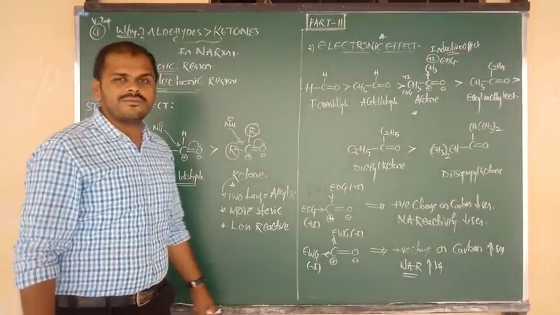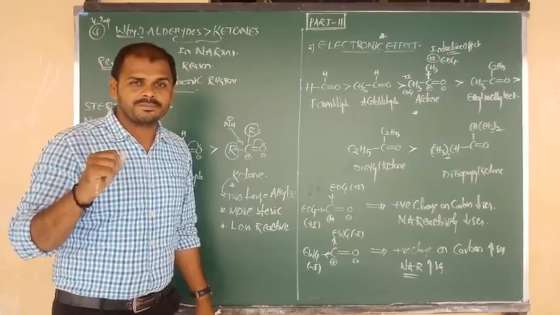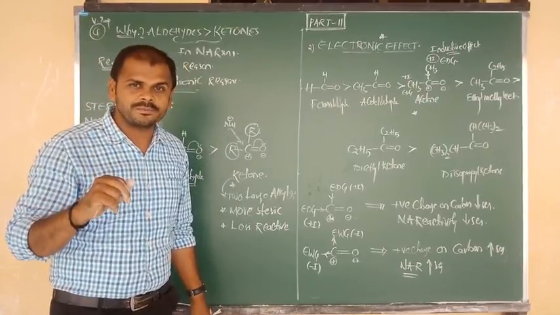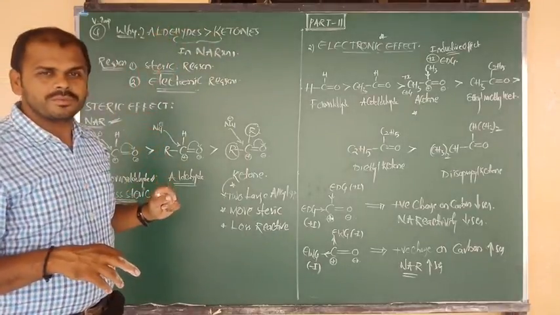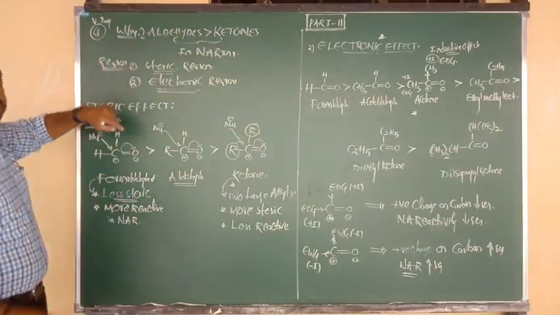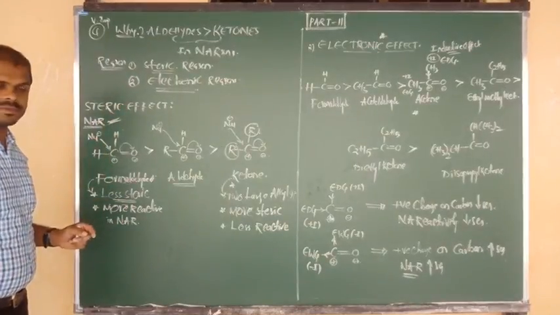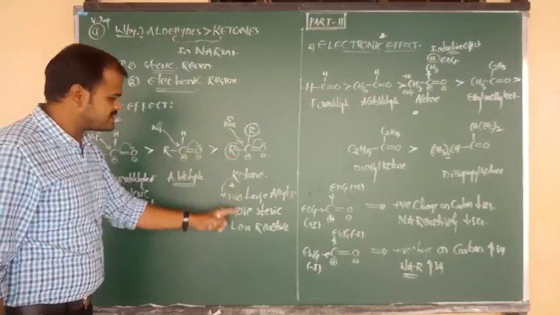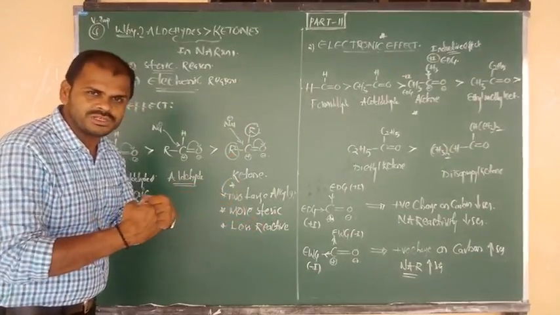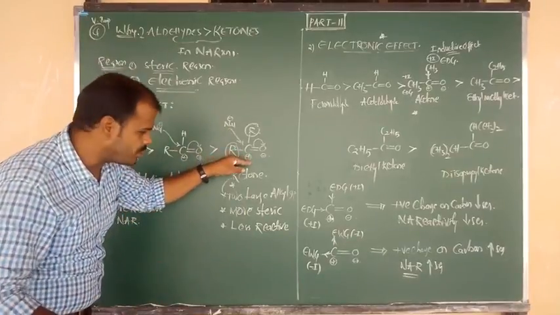So in this class today we have discussed only about what? One is mechanism, slow step, fast step concept. And one more is that as compared to ketone, aldehydes are more reactive. Why are aldehydes more reactive? Due to two reasons. One is steric, one more is electronic. What is meant by steric effect? Steric effect means presence of two bulky alkyl groups. They cause the steric concept, more bulky repulsions. So nucleophilic attack upon carbonyl carbon decreases.